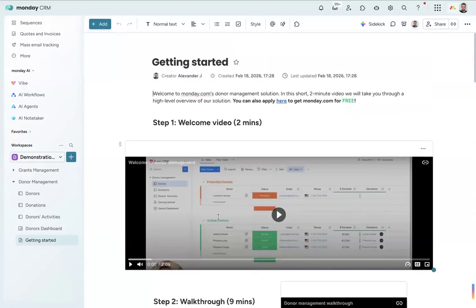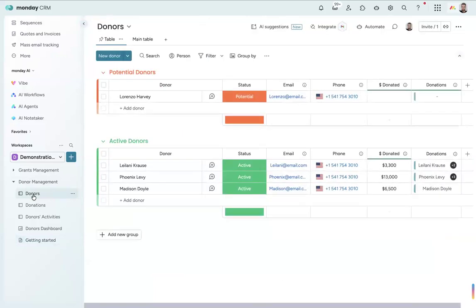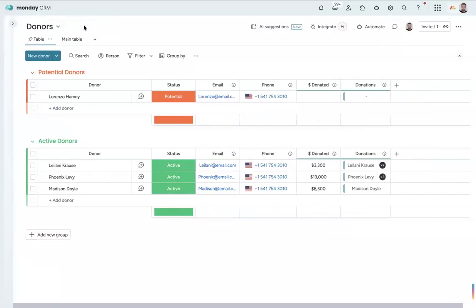Great, so that's it for the high-level overview. I don't know if there's any questions already, or should we jump into the donors in a bit more depth? Cool. I don't see any questions in the chat, so I'll plow on. But yeah, do pop any questions in there, or even just unmute yourself if you do have a question.